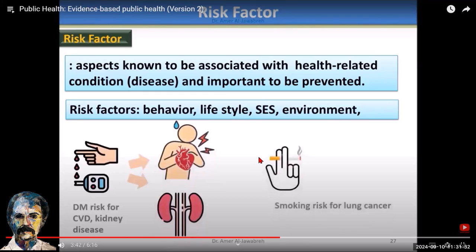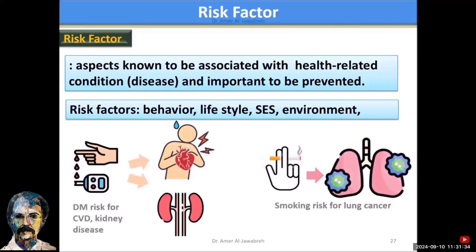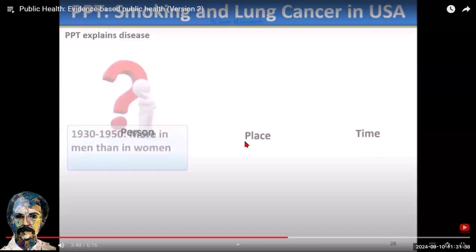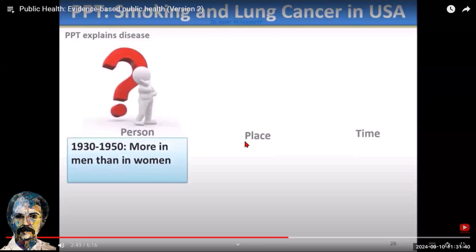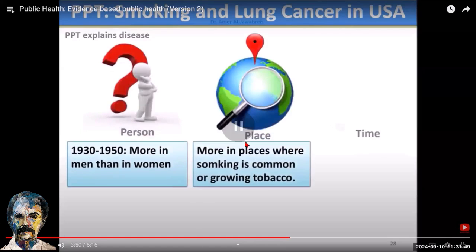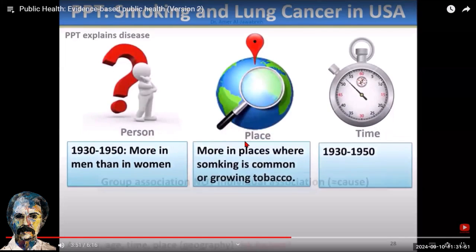Smoking also causes lung cancer. And this is just two examples of many out there. This is an example of lung disease, smoking and lung cancer in the USA. Between the 30s, 40s and 50s, let's apply the model of person, place, time. Between the 30s and the 50s, they found out that lung cancer was more common in men